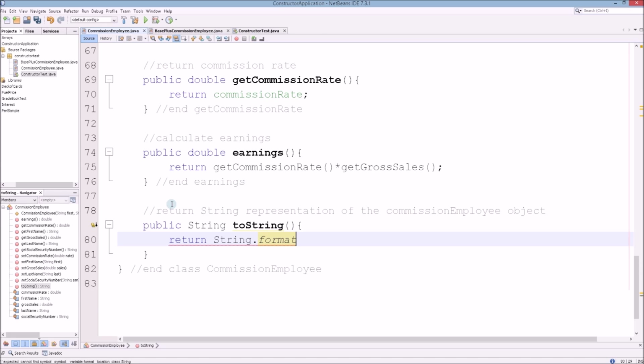Return String.format. And need to be careful here, %s colon, and then it's going to be %s. These are all string placeholders. That's all that is. %s, %s, \n, %s, %s, \n, %s, colon, %.2f. This is for doubles here, and we're specifying 2 decimal places of specificity. \n, %s, colon, %.2f. I think that should be it, comma, and now we can do